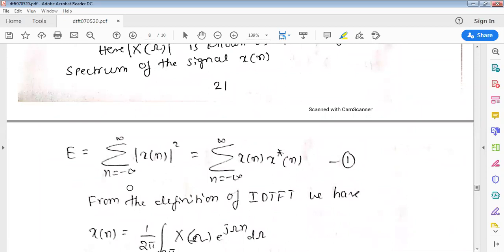Because a signal can be split into many. See here, any signal can be split into multiple components. Each component will contain a different amount of energy. So let us say I'm designing a filter to pass low frequencies. Maximum information is contained in the low frequency signal, but maximum energy is contained in the high frequency signal. Look at this one very carefully.